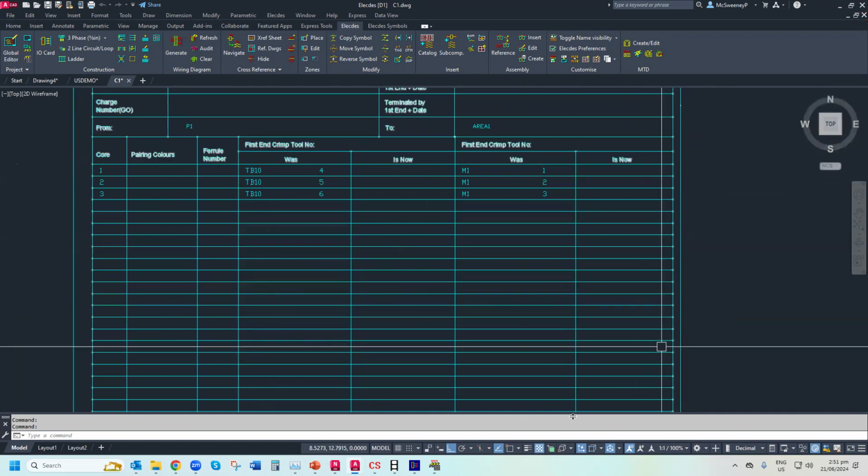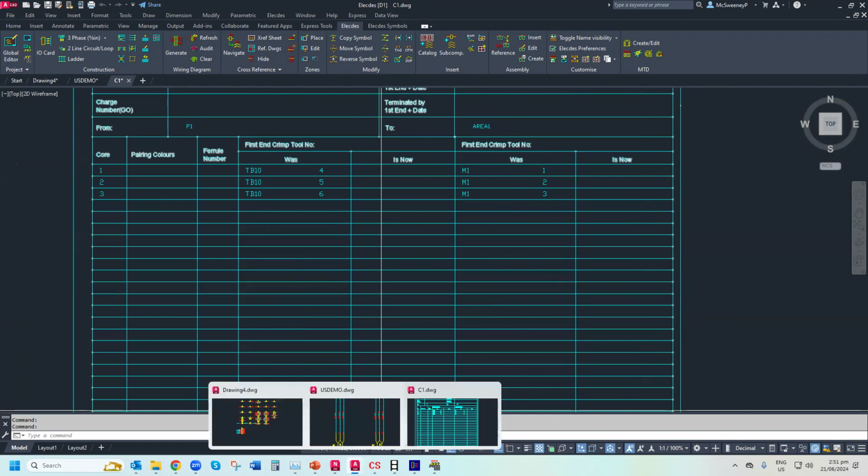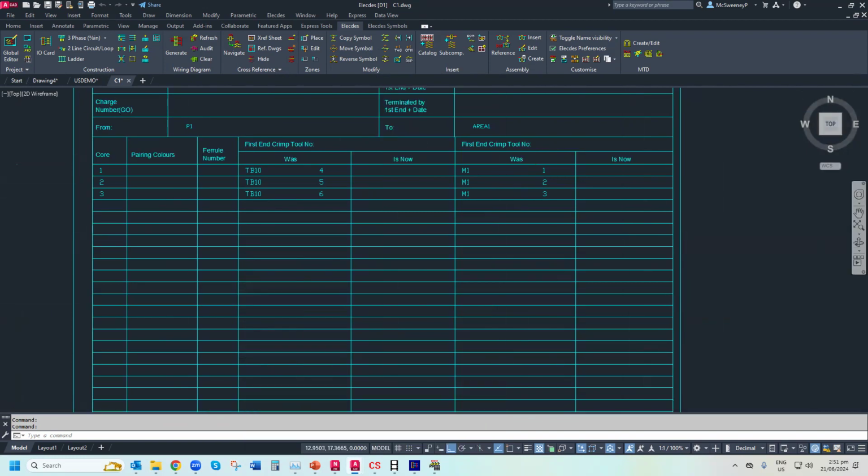And thereby it finishes a standard drawing, and I'd wait for a few questions. But hopefully, stop sharing. Hopefully that's given you some